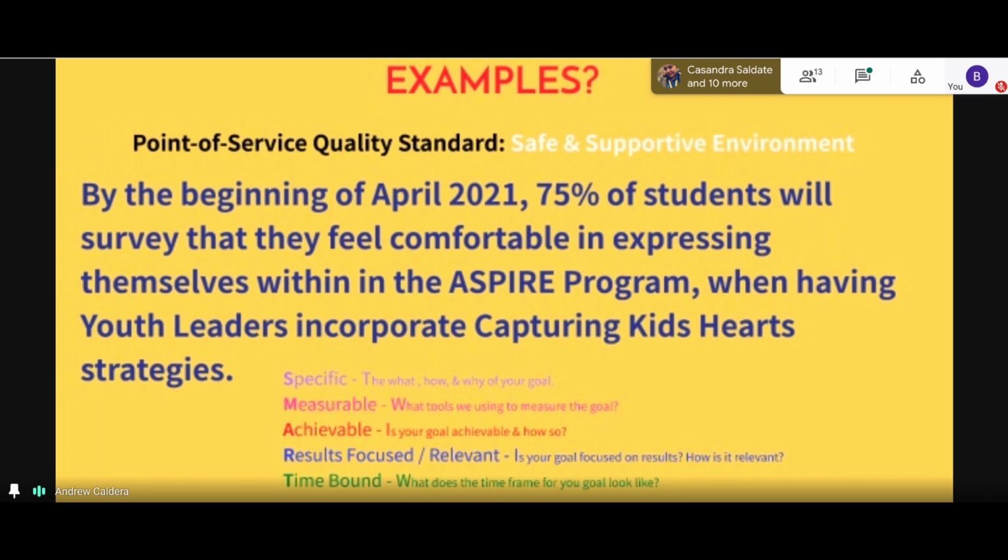Is it results focused? How is this relevant? Is our goal focused on results?